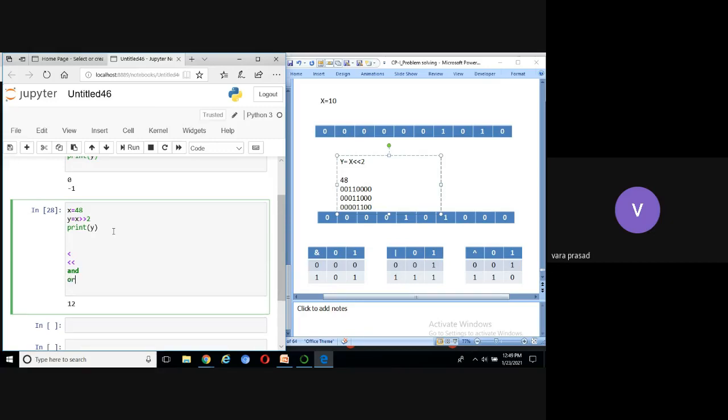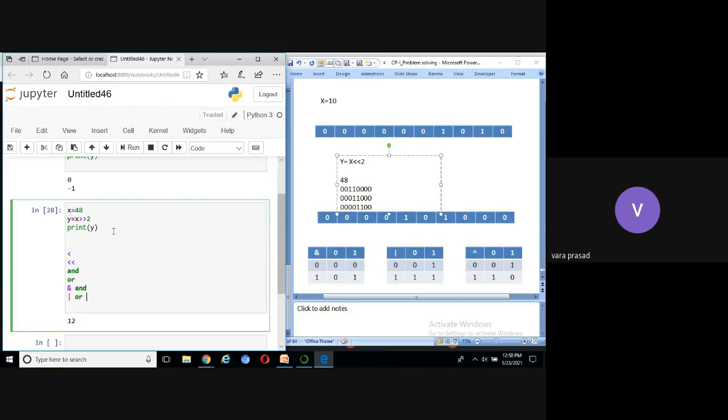What about OR? OR is a logical operator. What about ampersand? Bitwise AND operator. What about pipe? Pipe is a bitwise OR operator. OR is a logical OR operator.